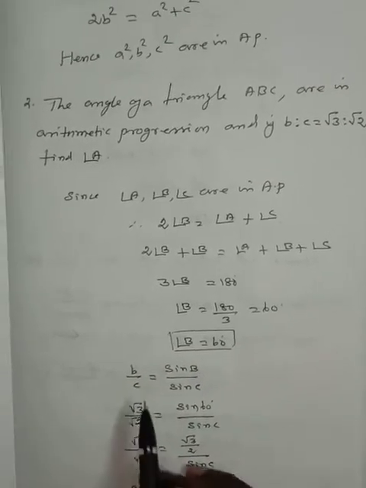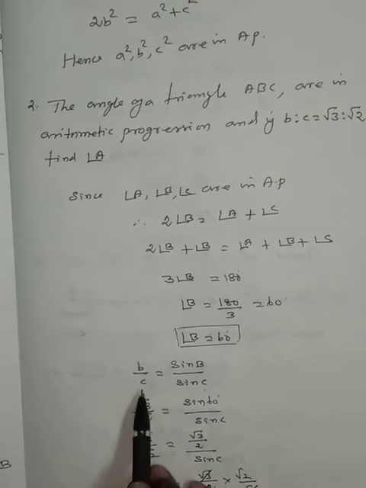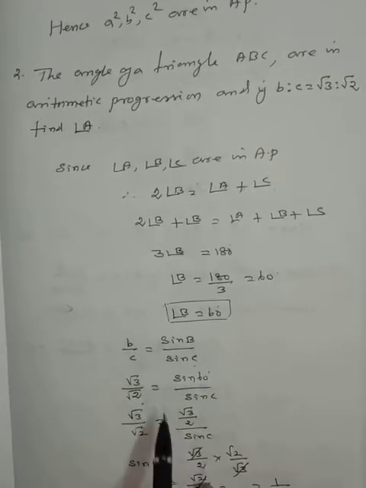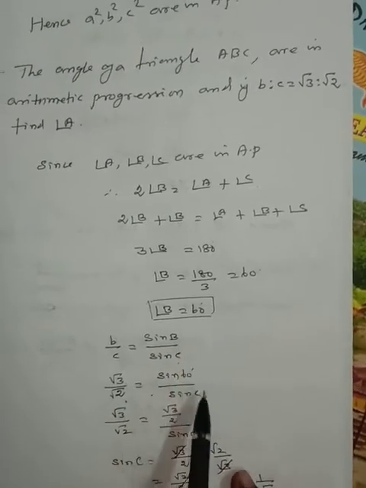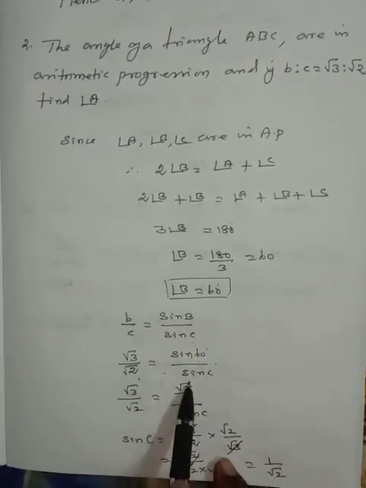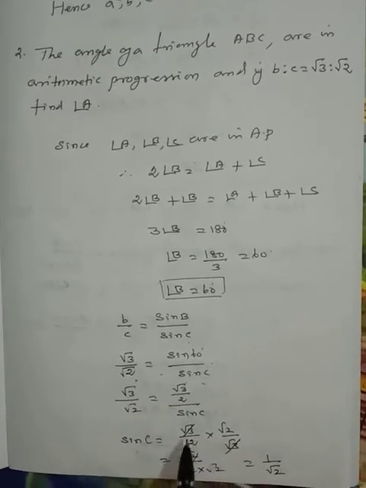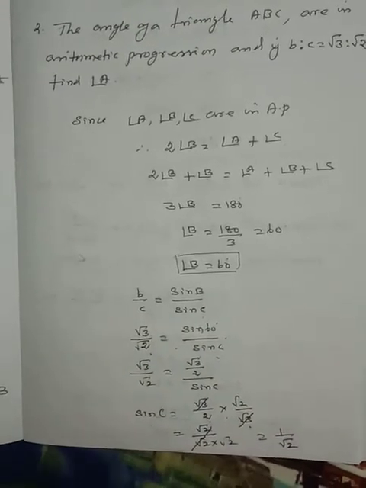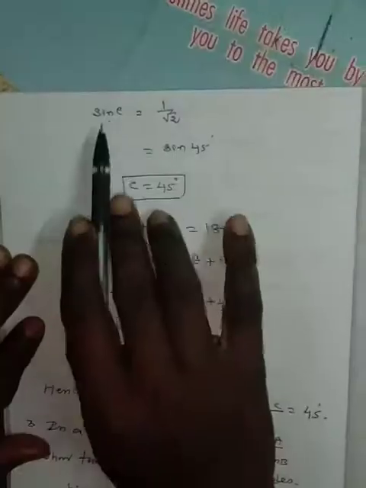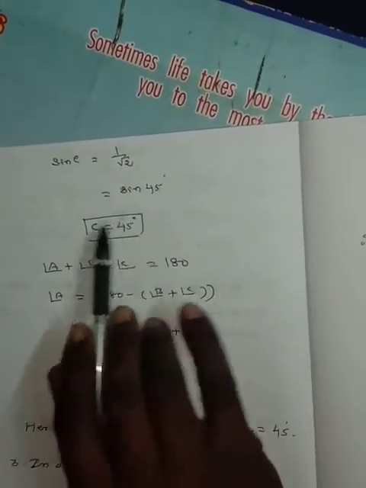First part. b by c is equal to sin B divided by sin C. b is root 3, c is root 2. So root 3 divided by root 2 is equal to sin 60 divided by sin C, since angle B is 60. We want to find sin C. So cross multiplying, we get sin C is equal to root 3 divided by 2 into root 2 divided by root 3. Cancelling, we get 1 by root 2. Sin C is equal to sin 45 degrees, taking sin inverse of both sides we have